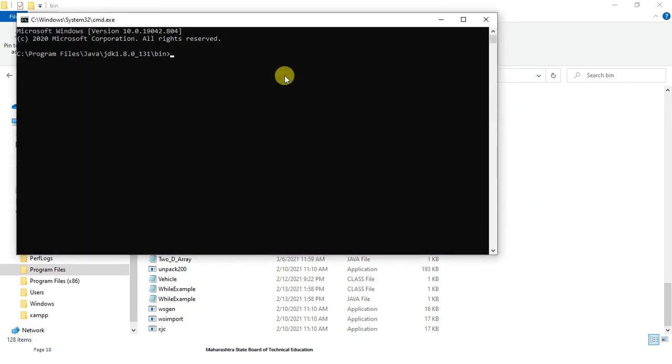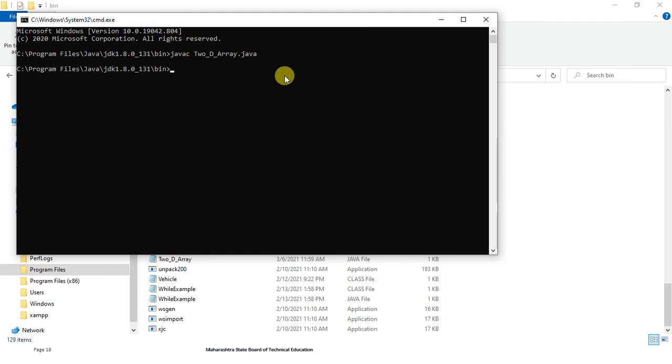You will directly go to the bin folder, and using the Java compiler, that is javac, you need to compile your program. So your file name is 2_d_array.java. If there is no error, your program is compiled.